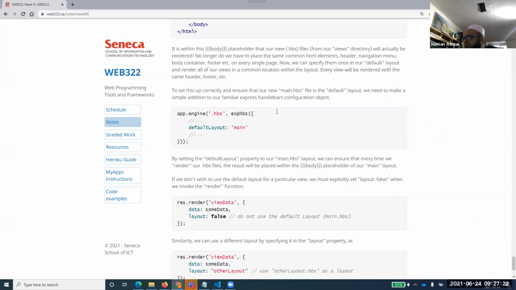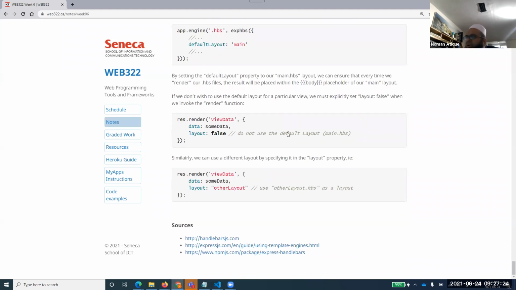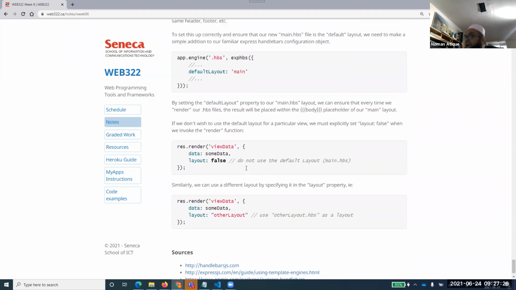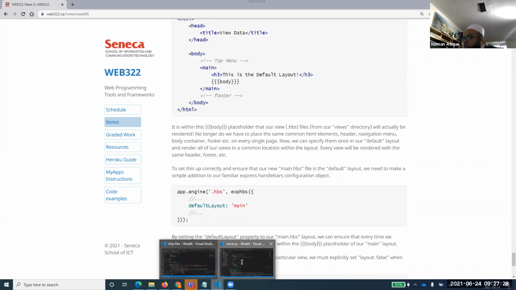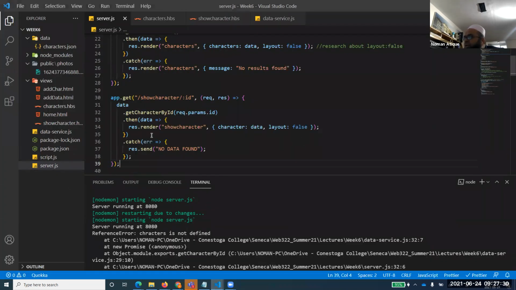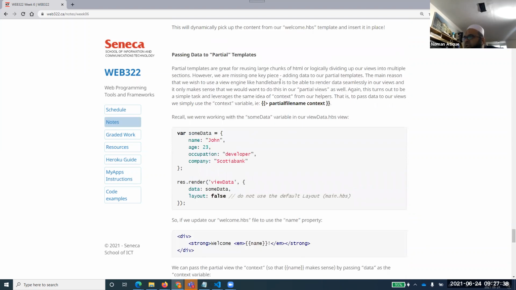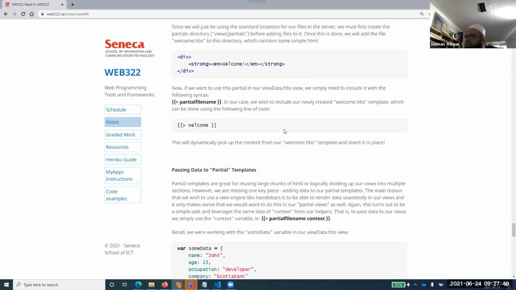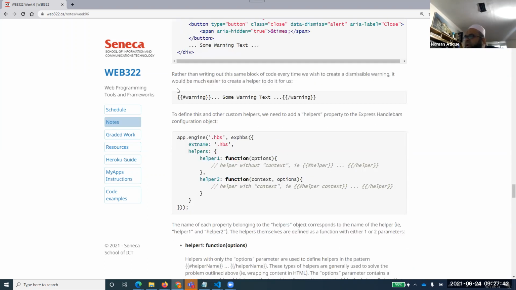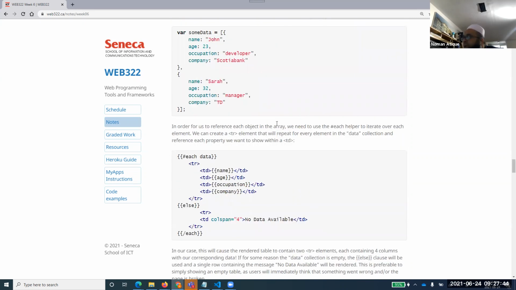You can define a main layout, or you can work without it. If you are working without it, you have to set layout false. And if you are working with it, you have to show that you have a main file. This is something I've left to you to read, so these are the notes you have to read about.